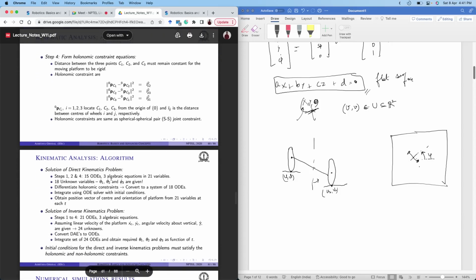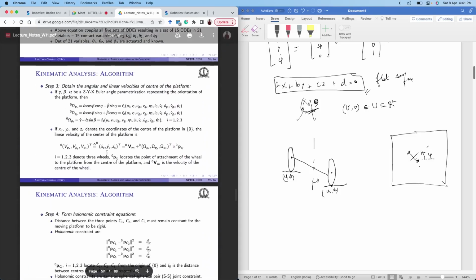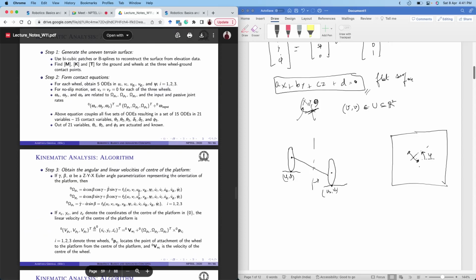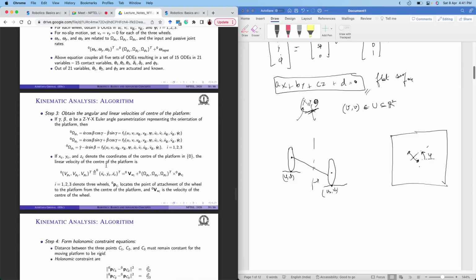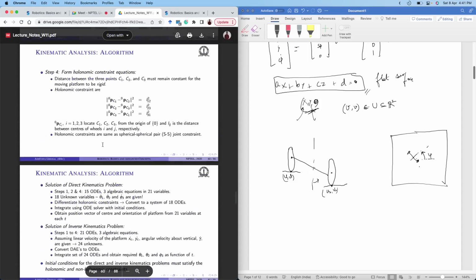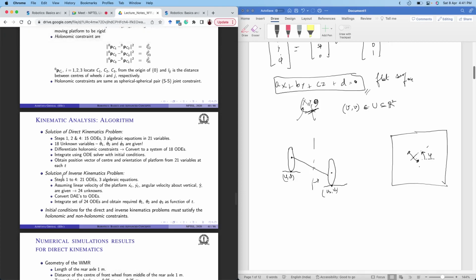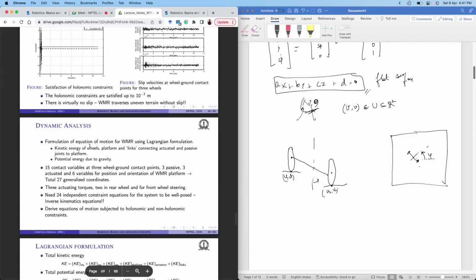In the first part, only the kinematics was considered, how the quantities change with each other, and that was done for the orientation and position of the wheel. Once you solve first for direct kinematics and then solve for inverse kinematics using the direct kinematics equation, then you can move on to the dynamic